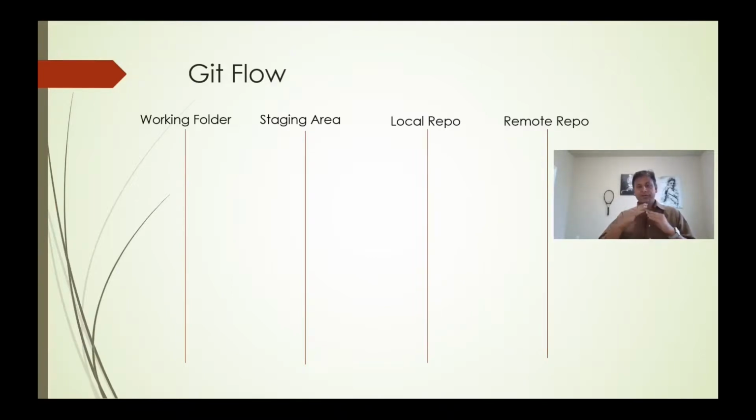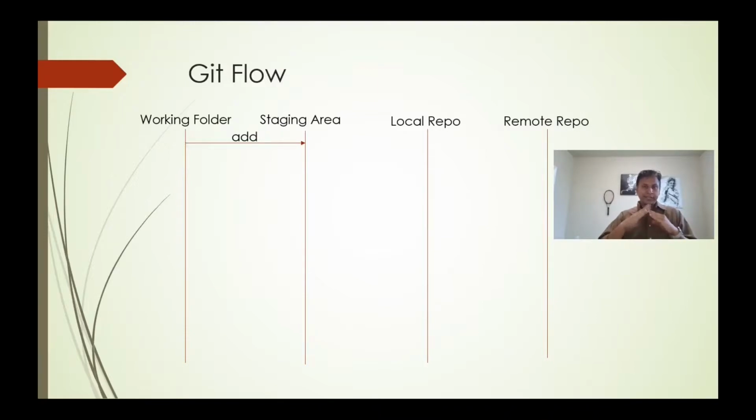Now what we are going to do, the file is in the working folder now. Whatever command I am showing, you need to add git in front of it. That's it. Before that, we need to start with init. When you say init, a hidden folder called .git will be created. Any folder prefixed with a dot will be hidden, but you can still see it by using the command ls -a.